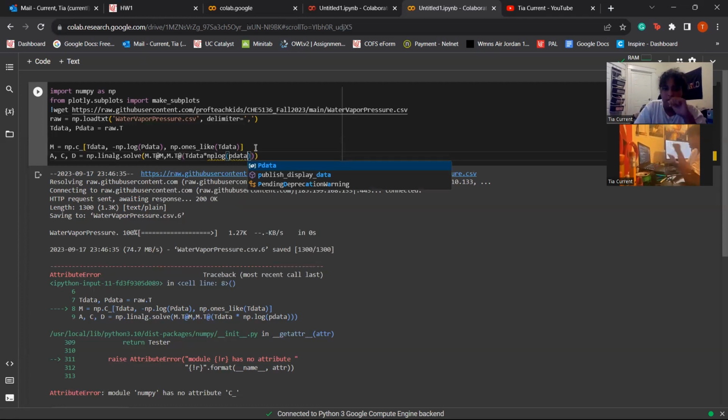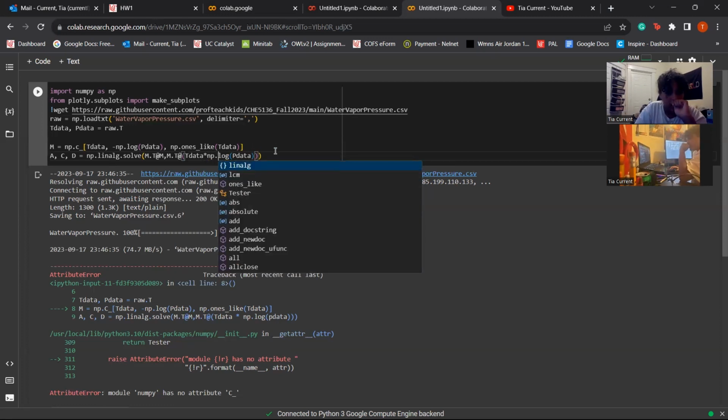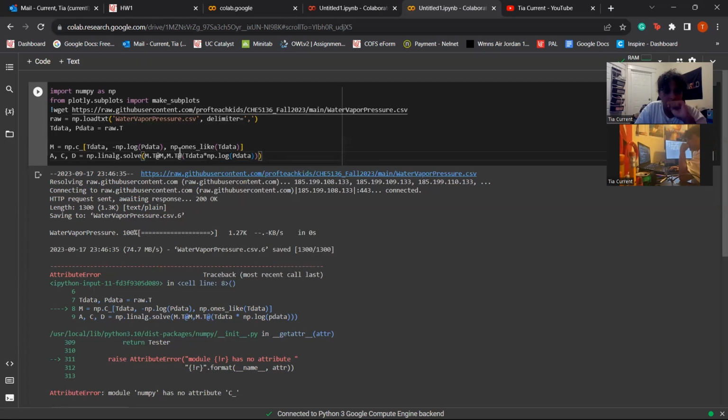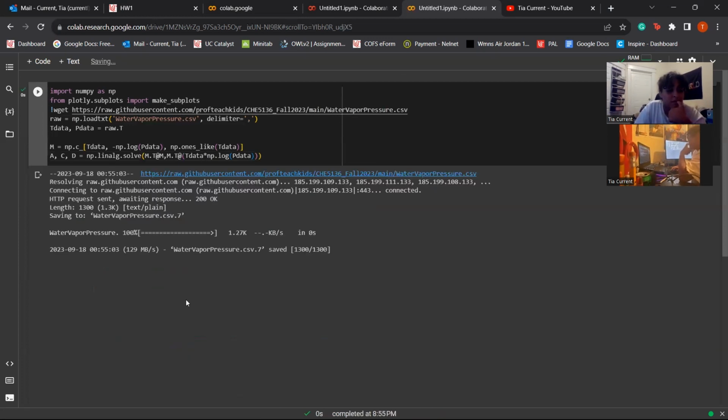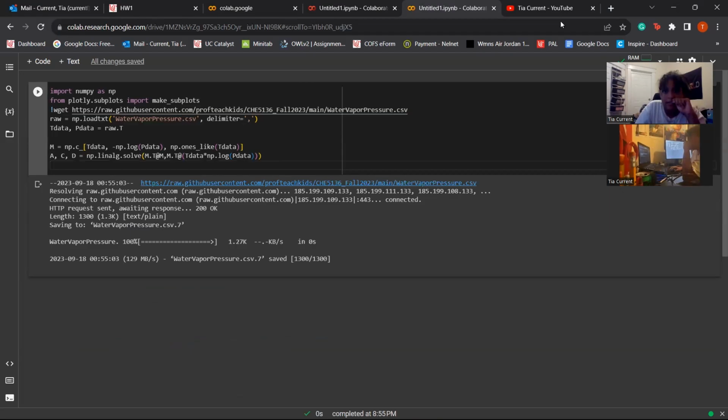And I think, oh, numpy dot log. I don't see any of the errors, which tells me that I'm wrong, so let's hope that I'm right. I don't see anything wrong. Sick. Okay. So next, we have to solve for